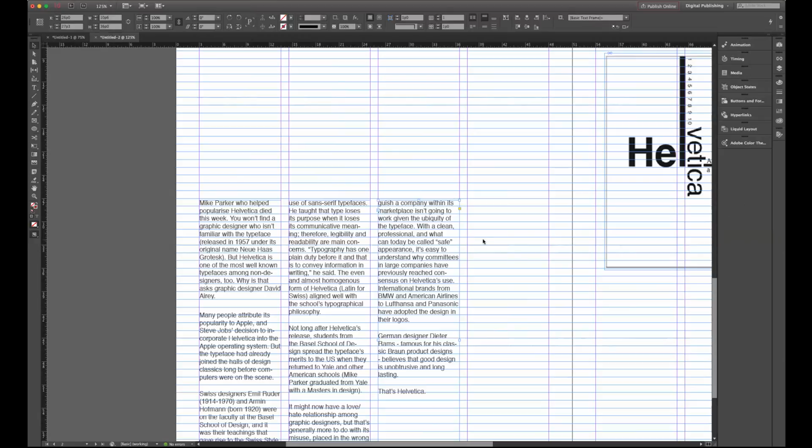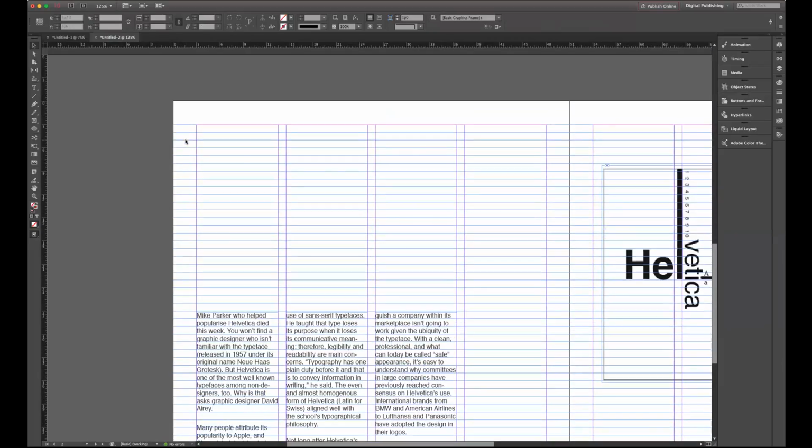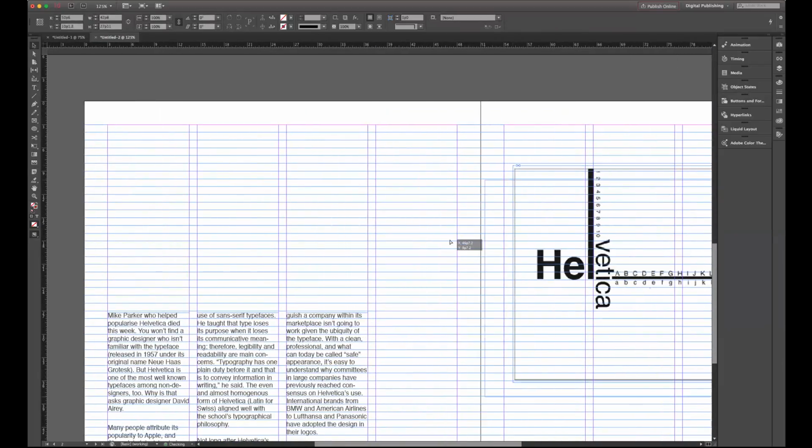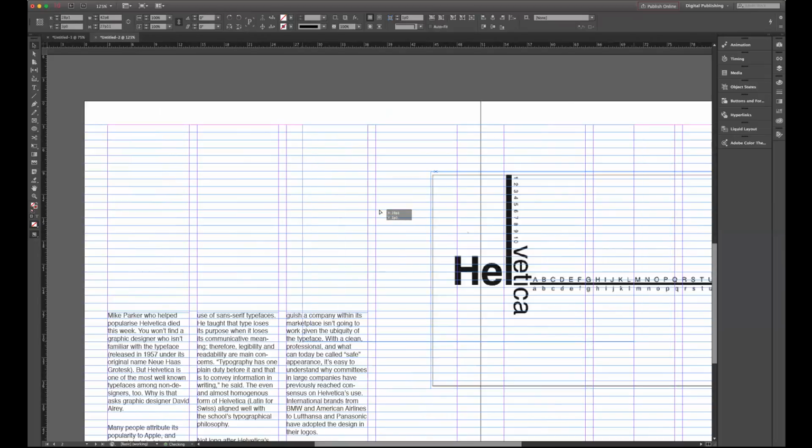All right, good. Okay, so with that said, we want to make sure that it's all lined up on your baseline grid, that the words are lining up at the same point. And once that's turned on, we can start beginning our design. So it's just a matter of creating layers.